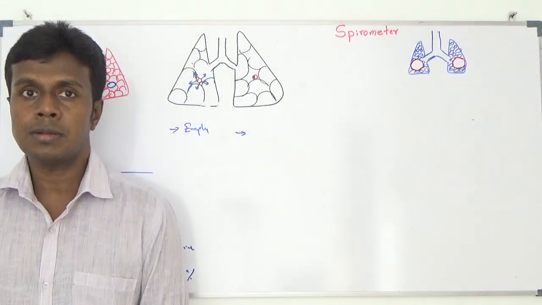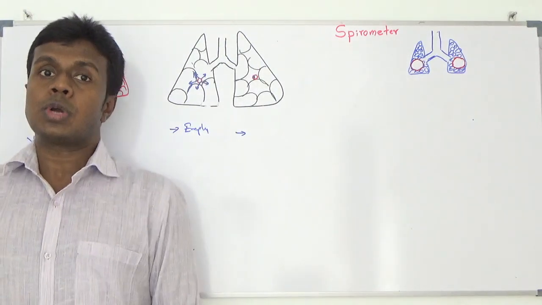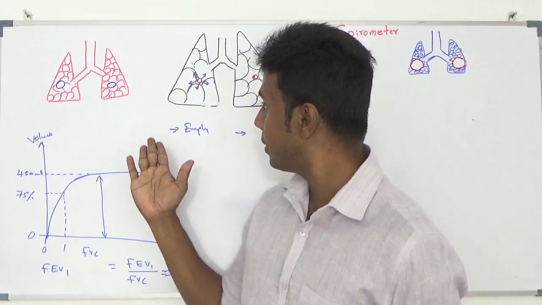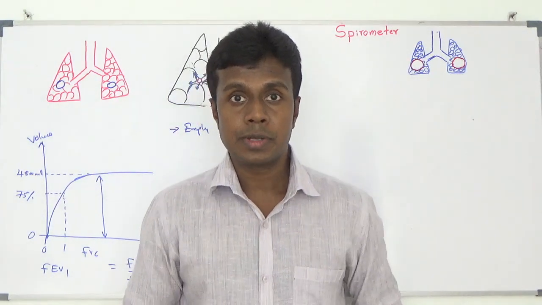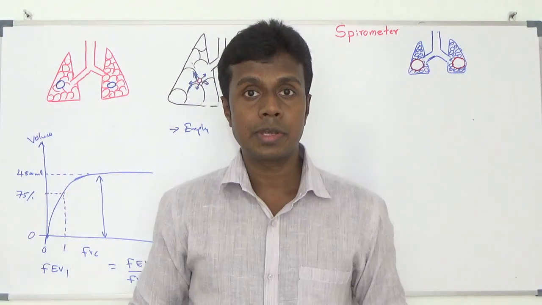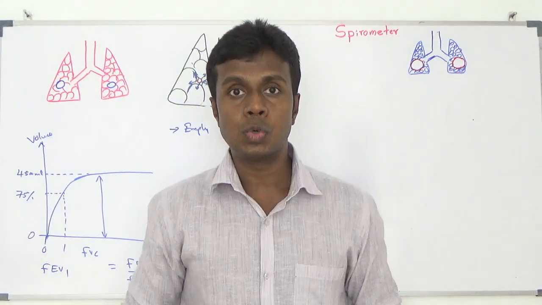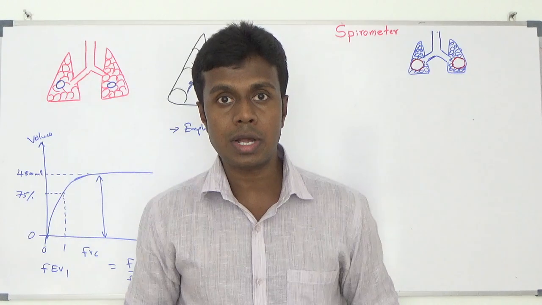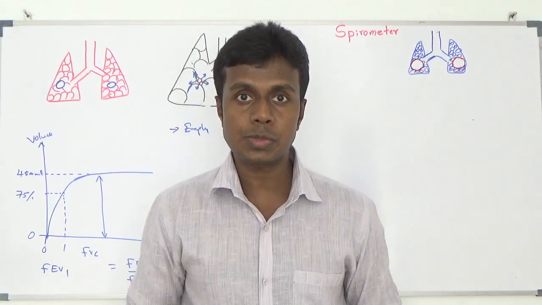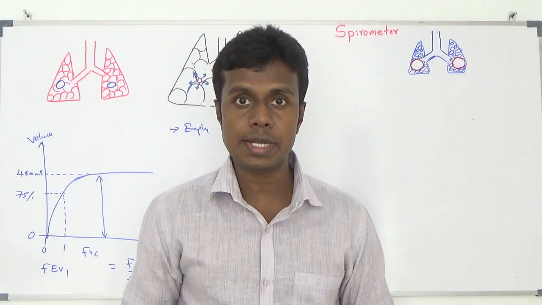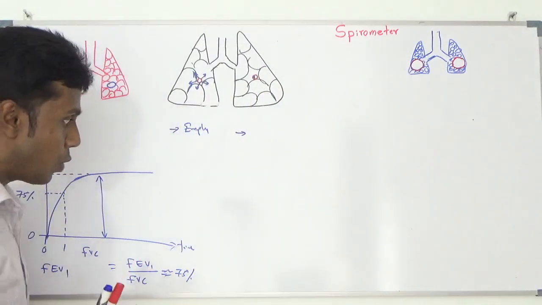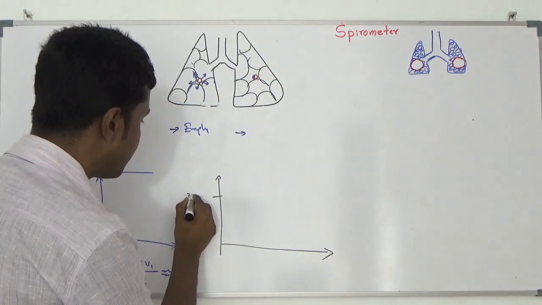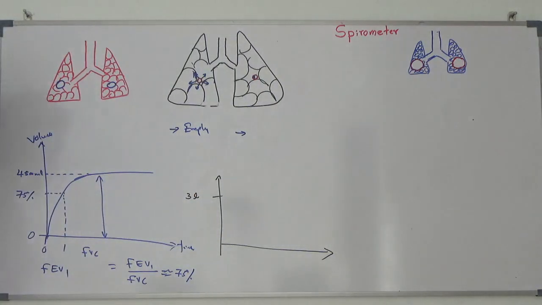Here you can expire this much, you can take in 4500, you can expire up to 1500. Here your lung capacity may be 7 liters, not 6 liters like here. Even though you have 7 liters, you can remove only 3 liters; 4 liters may remain in your lung even after normal full expiration. That means residual volume may be 4 liters in that case. So here you can only remove 3 liters. Here you can remove 4.5 liters.